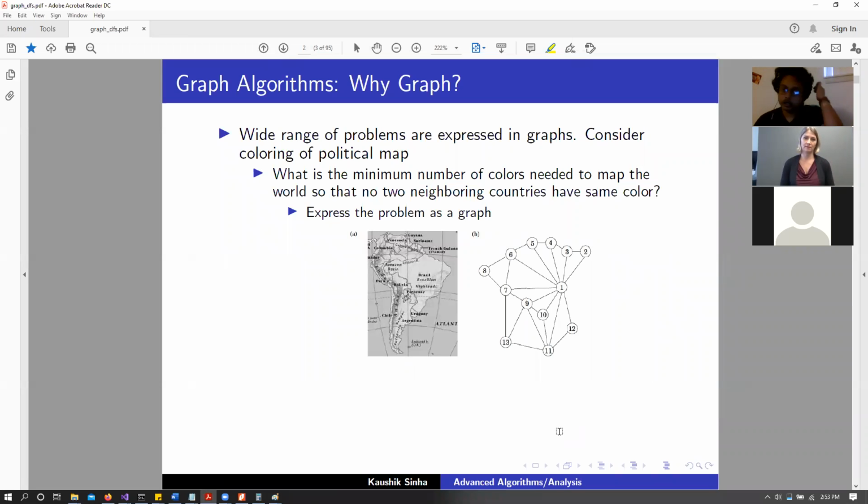Okay, so in order to represent this graph, we can do the same thing. We can say that node 1 is connected to 12, 11, 10, 9, 7, 6, 5, 4, 3, 2. So for node 1, we can have a list of nodes that node 1 is connected to.